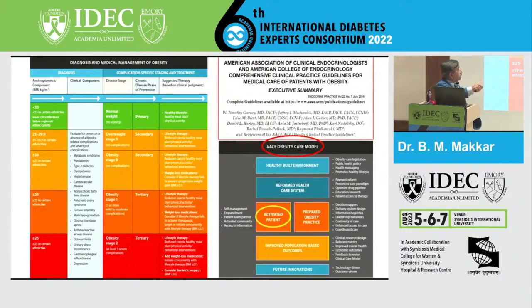And these are the components that you have to address in the management of these obese patients. So irrespective of the BMI, for the same BMI, you may have different approaches for different people. People who do not have established complications but are at high risk have a different approach. People who do not have any risk have a different approach. And people who have complications have a different approach. So this is the basic concept of ABCD and ABCD-based staging of disease, and how you go about managing this disease. With this, I conclude my presentation.